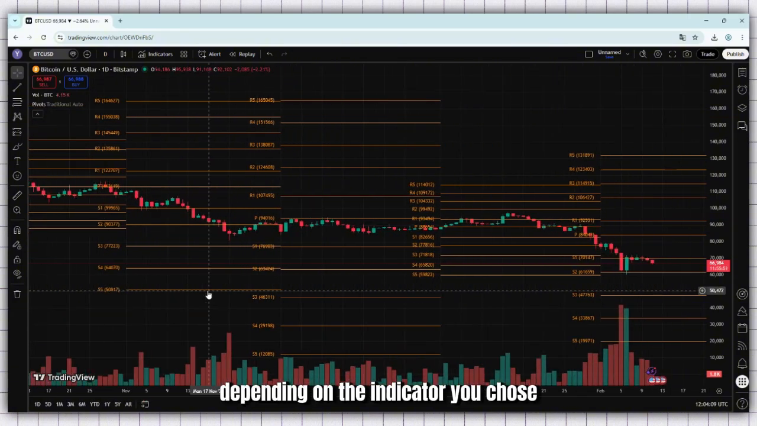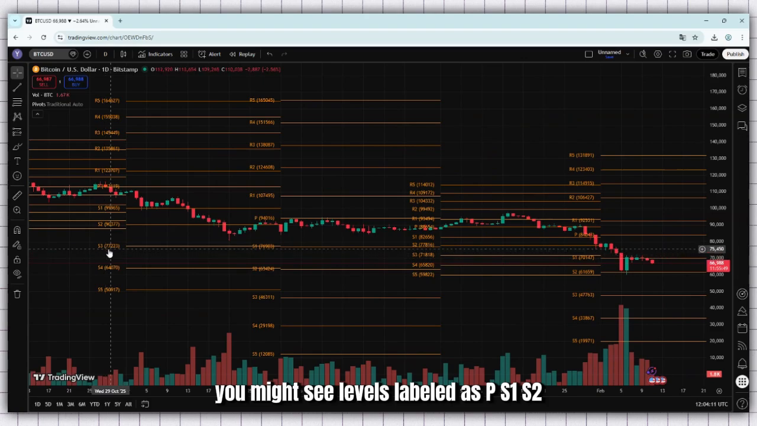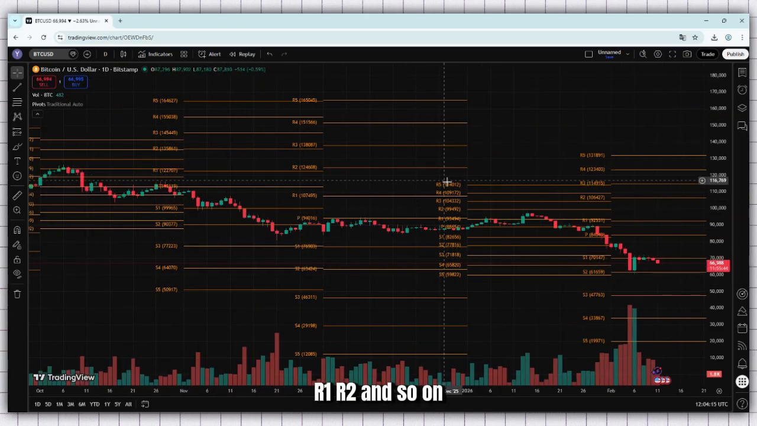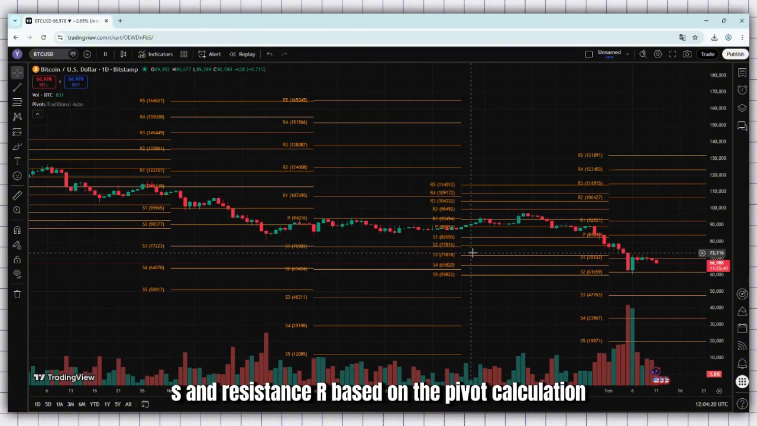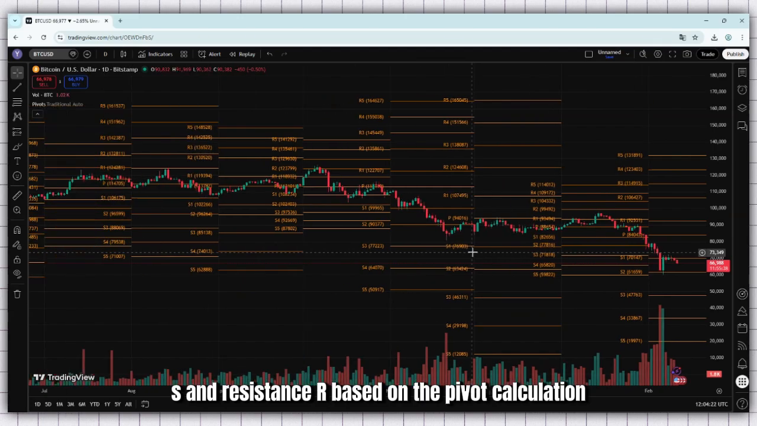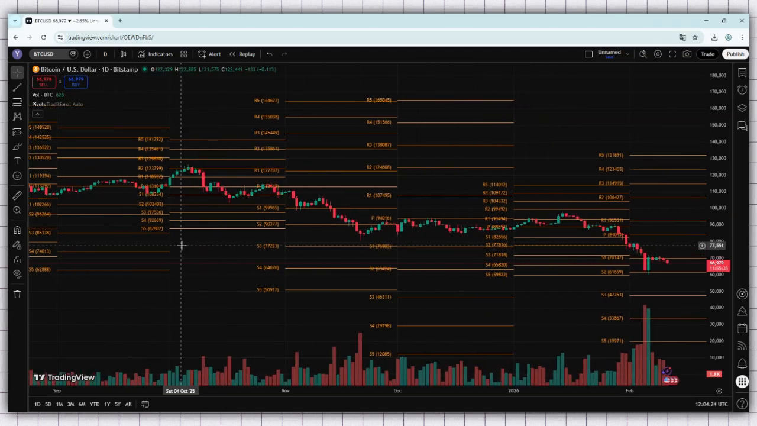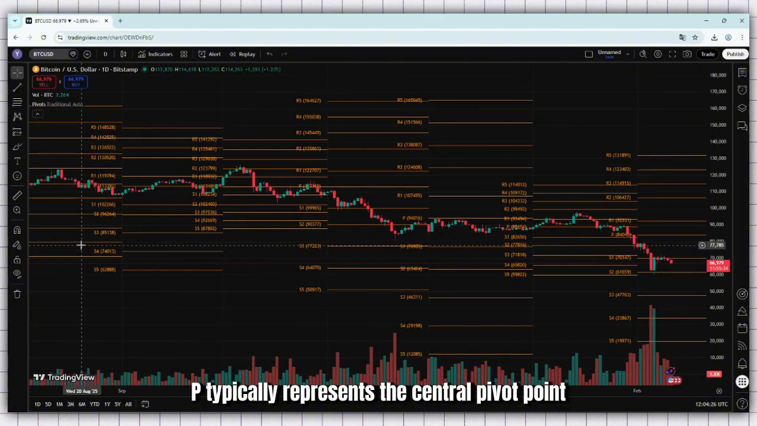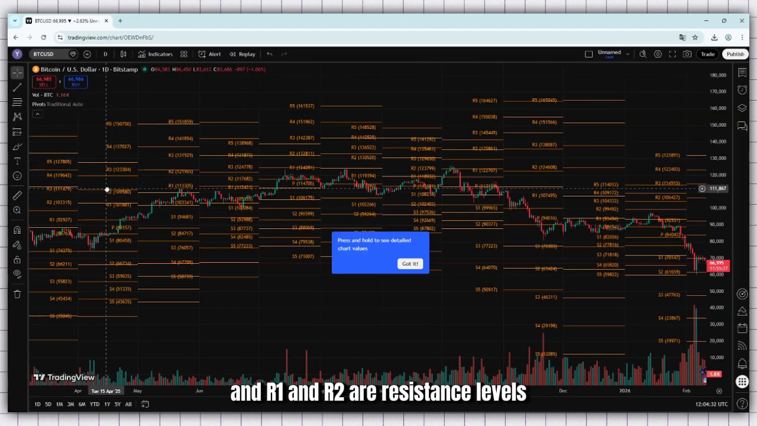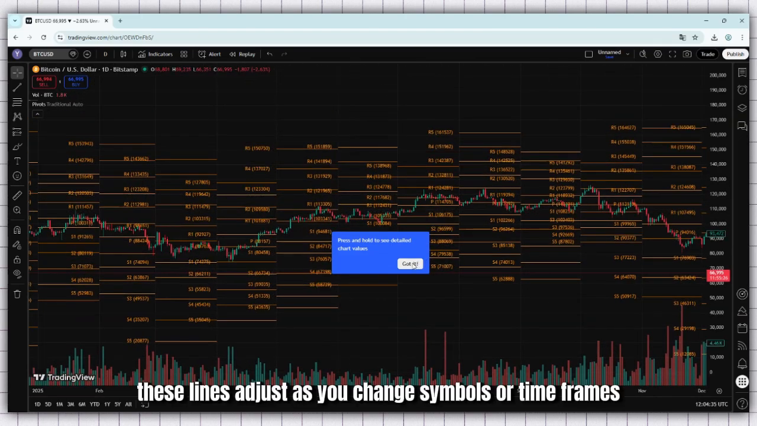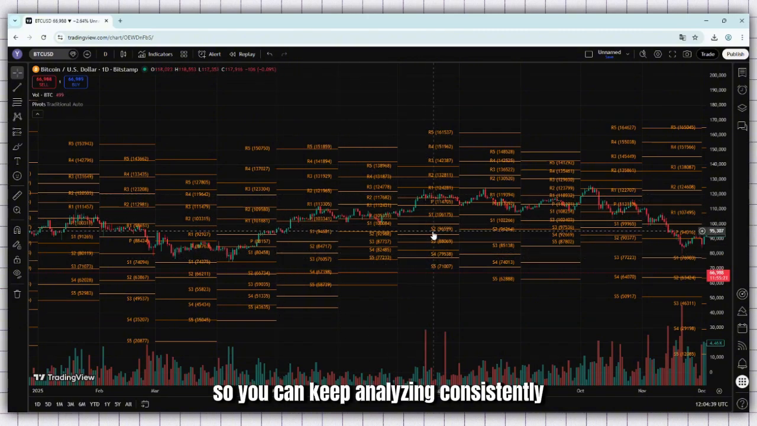Depending on the indicator you chose, you might see levels labeled as P, S1, S2, R1, R2, and so on. These lines represent different levels of support, S, and resistance, R, based on the pivot calculation. P typically represents the central pivot point, while S1 and S2 are support levels, and R1 and R2 are resistance levels. These lines adjust as you change symbols or time frames, so you can keep analyzing consistently, no matter what